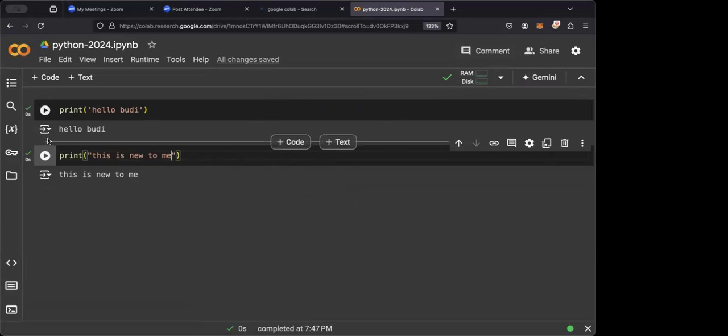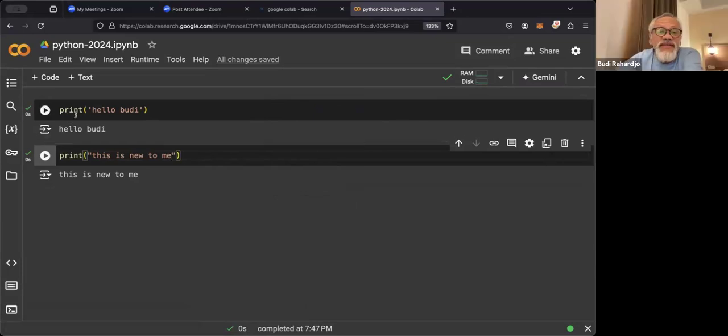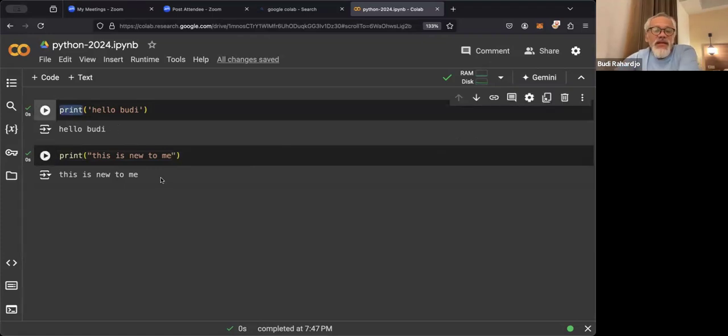Python is very sensitive to case, so it has to be lowercase. Most Python commands are in lowercase, but sometimes they're capital; this one is always lowercase. The second thing is Python is very sensitive to spacing and tabs. That's the thing I hate. If I put a space here and run again, this is still okay. But later on, there are cases that are not okay. So spacing is important in Python.